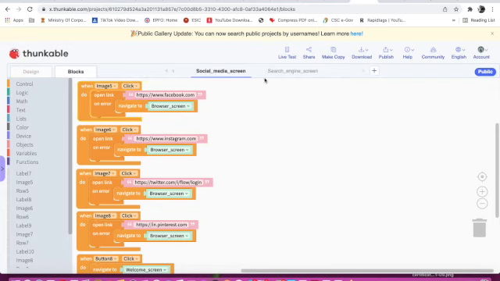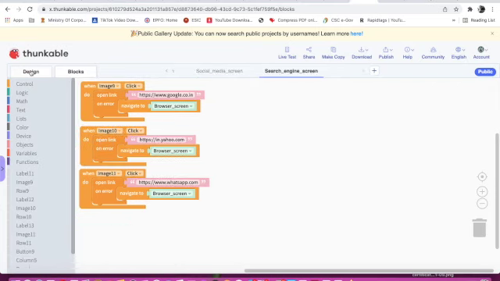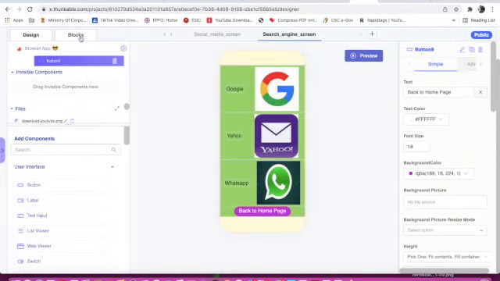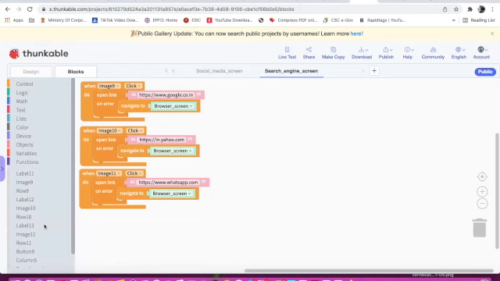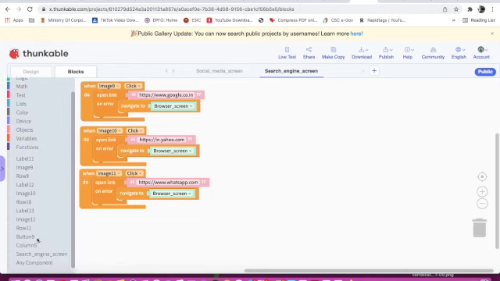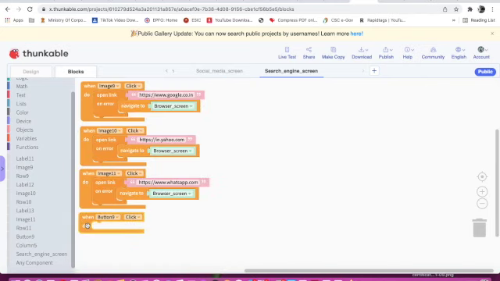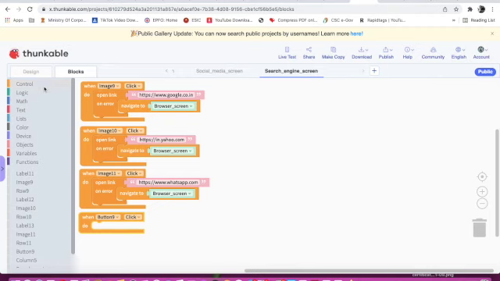Now this is the last screen, search engine screen. ID is button 9. When button 9 click, navigate to welcome screen.